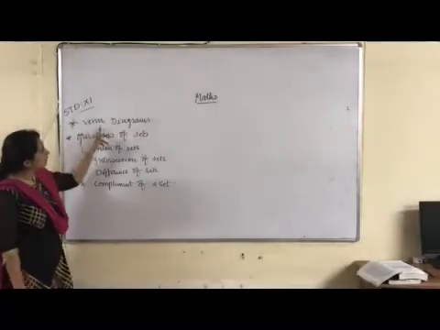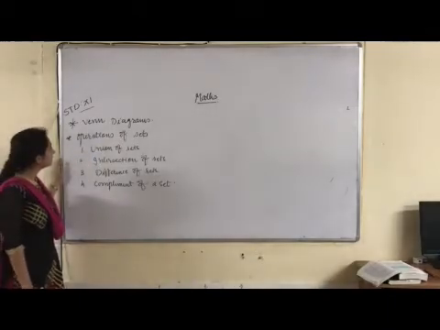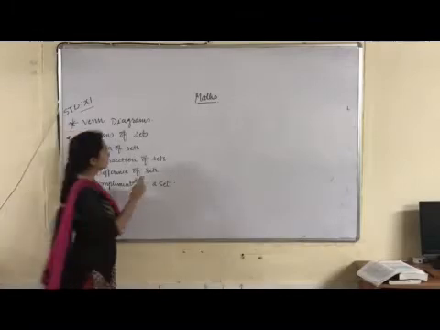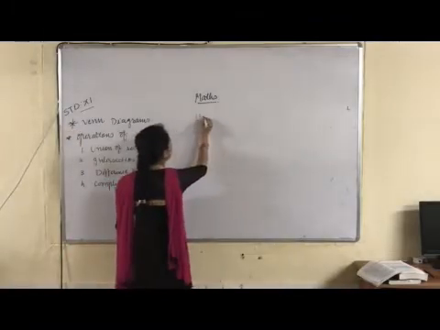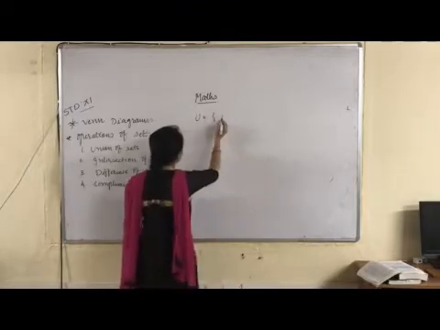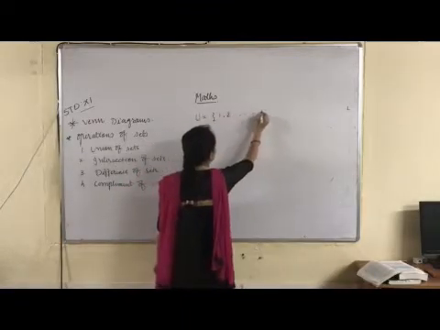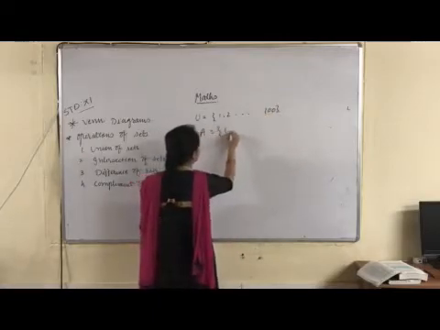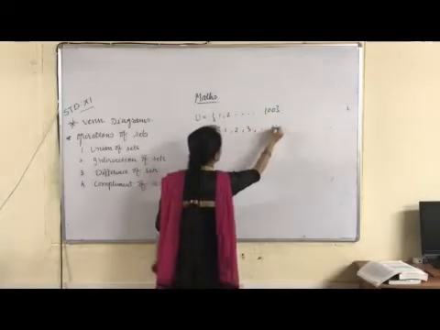In a continuation of our first chapter, that is sets, I'll explain the Venn diagram. What is a Venn diagram? We have studied that U is a universal set in which all subsets are aligned. Let me assume one universal set 1, 2 up to 100. My set A is 1, 2, 3 up to 10.